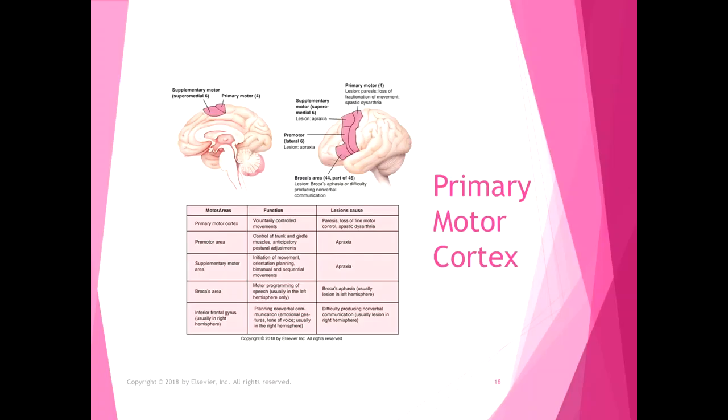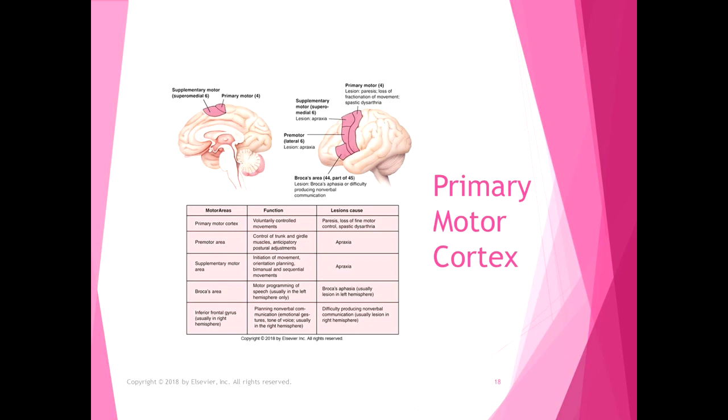So here's the good old primary motor cortex, just anterior to the central sulcus, right across the street from the primary somatosensory cortex. The primary motor cortex, its function is voluntarily controlled movements. Lesions of the primary motor cortex cause paresis or loss of fine motor control. When it comes to speech, the result of the loss of motor control for speech is called dysarthria, spastic dysarthria. So dysarthria, you can still speak, but you don't have control of the fine qualities of speech. So it comes out as harsh,